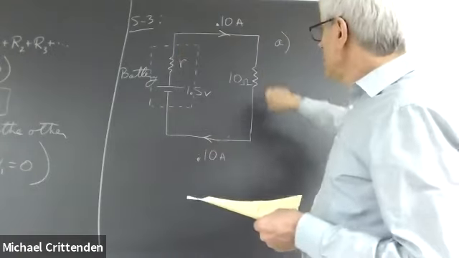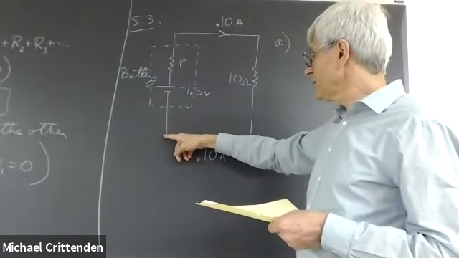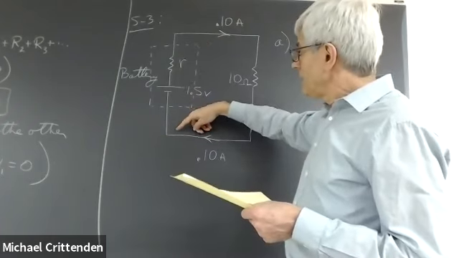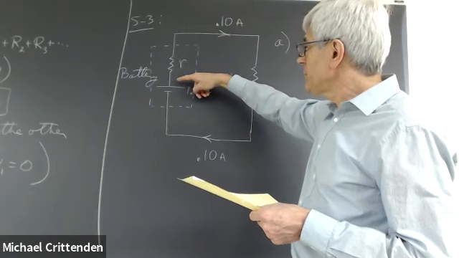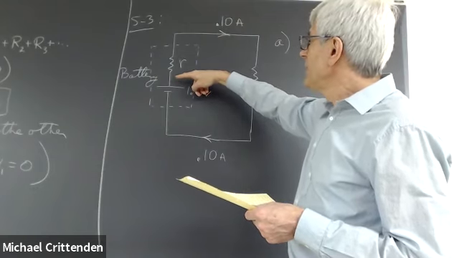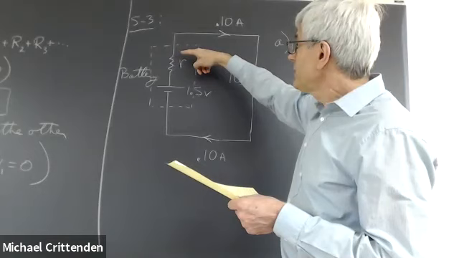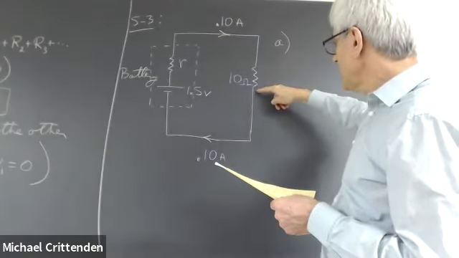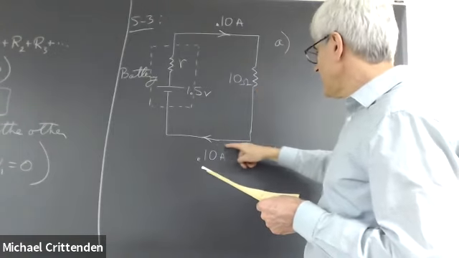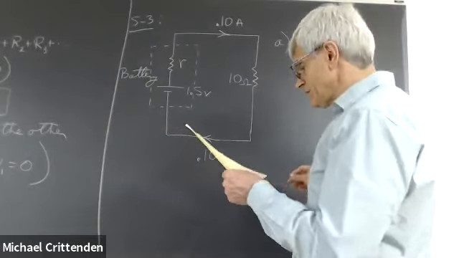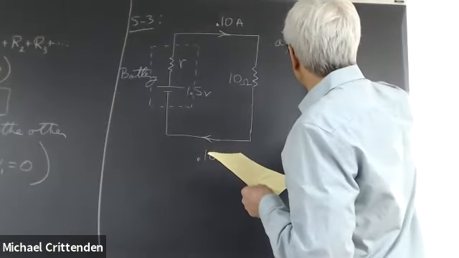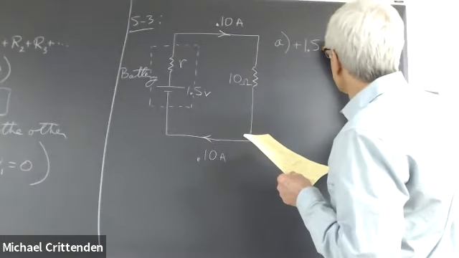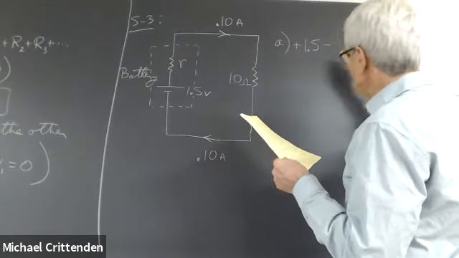If I go around this loop starting in the lower left-hand corner and go from there up toward the battery, I'll go up 1.5 volts as I cross the battery, and then down I times R as I cross this resistor, and down I times R as I cross that resistor, and from there you can get back to the starting point. So plus 1.5, the voltage of the battery, the voltage across the internal resistor,